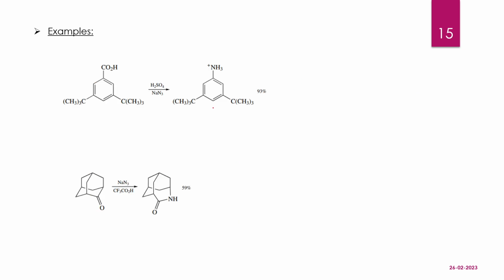Now next reaction. This is also a similar kind of reaction. Acid is there, NaN3 is there, so I'm not showing it again and again. So similarly, RCON3 will form. I'm just showing the intermediates only, because I have shown the mechanism several times. So this type of acyl azide will form, and this will give this isocyanate,